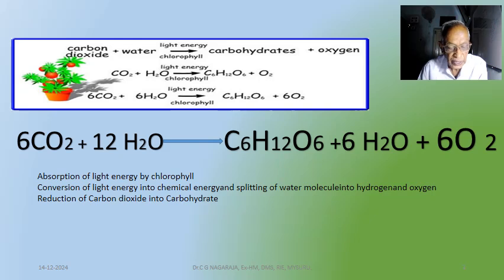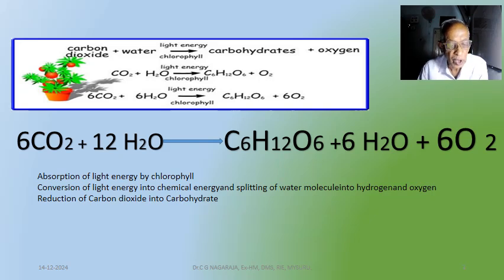What happens is the light energy that is absorbed by the chlorophyll now breaks the water molecule into hydrogen and oxygen. And carbon dioxide is already there, and carbon dioxide and the hydrogen atoms will combine to form